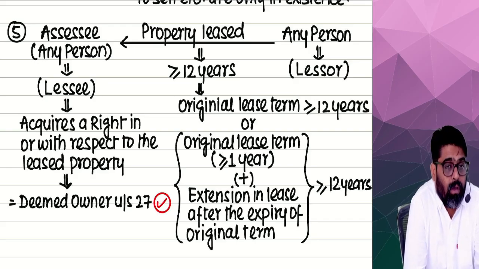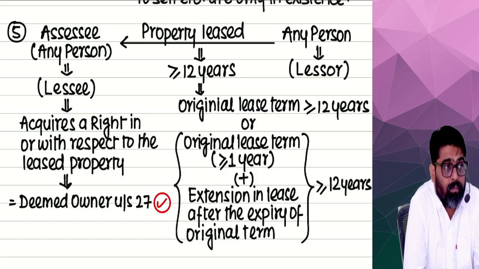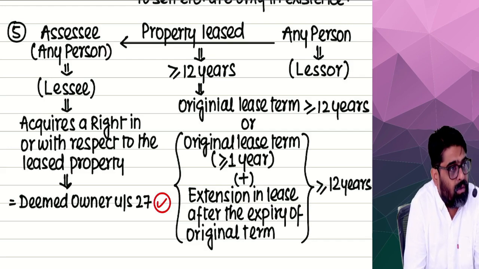Second case, I'm giving you a property on rent for 10 years only. How much is the extension? No extension clause in the rent agreement. Then the extension is 0. The original period is 10. 10 plus 0,